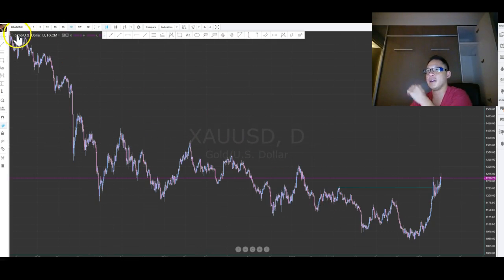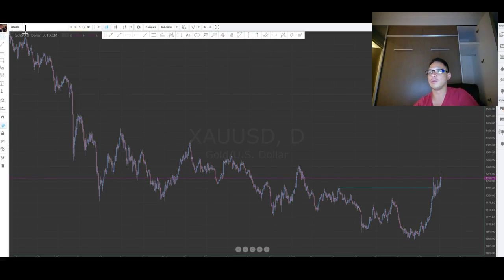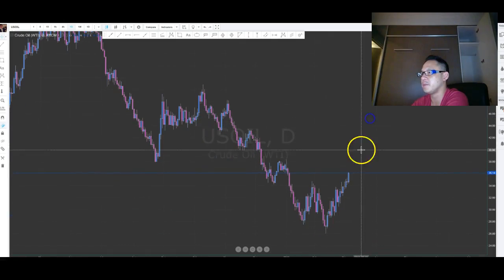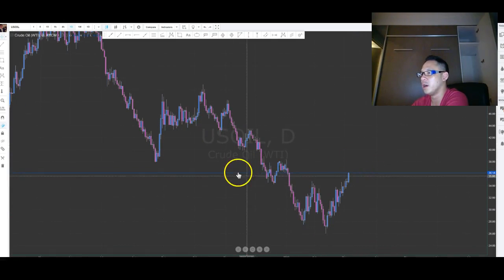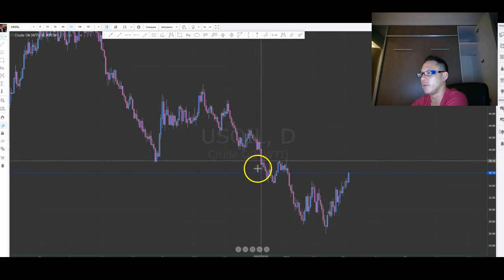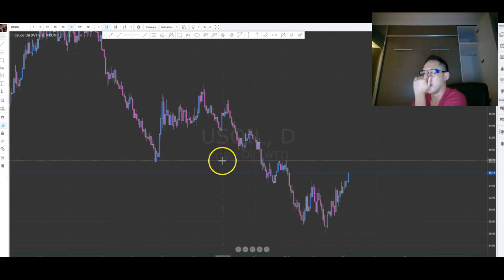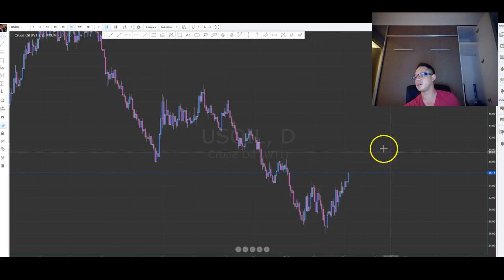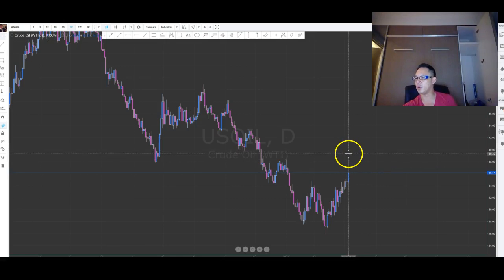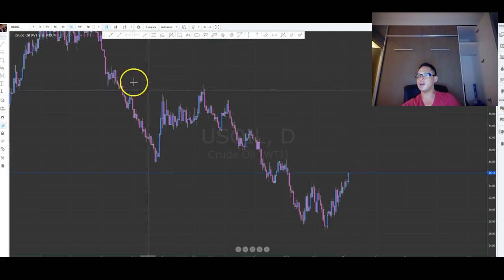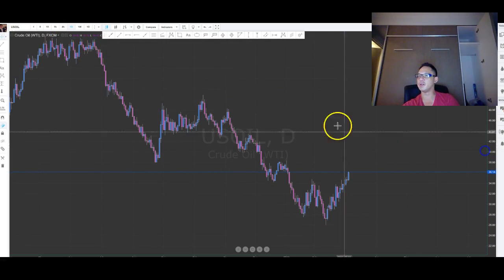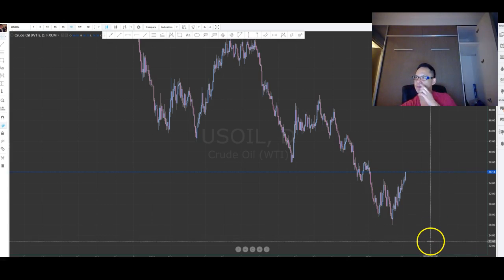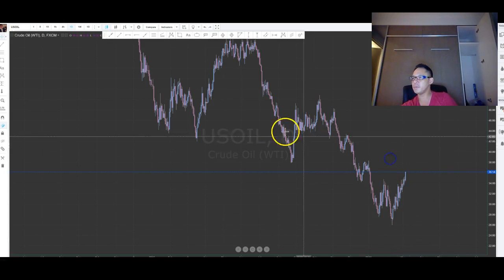So that's gold there. I'll just quickly look at oil and then I'll leave it there. Now, oil has been bullish the last few days, but like I said, I don't really trust oil. I think this is where you look for areas to short rather than buy. And I've already got my eye on this level here. So if price does go up a little bit more, maybe to 38, I'll definitely be shorting oil. But we are close to the bottom. I think we're close to seeing some sort of bottom. And I had a number down here. It was about 23 or 24 as being the potential bottom. But we'll see how that plays out.